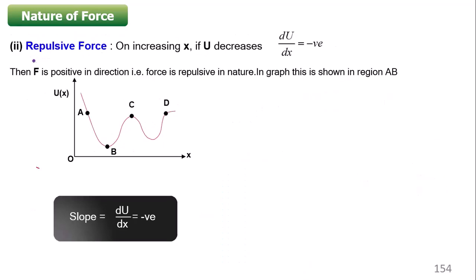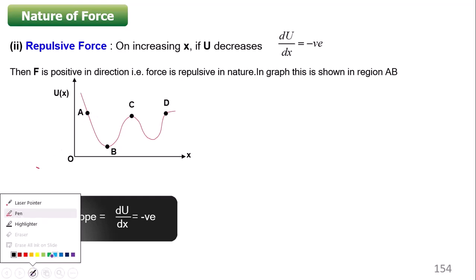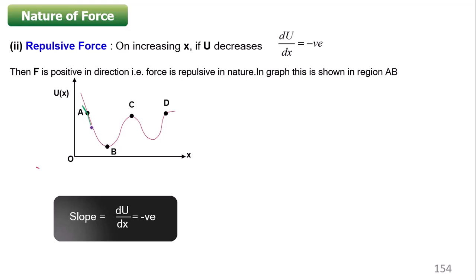Opposite to this is the repulsive force. That means there are certain points on the diagram where the slope is negative. So let us say I am doing the calculation at point A, and the slope at point A is negative. If the slope is negative, then negative of that number becomes positive. So the force is positive at point A, in this direction. If the body is feeling a positive nature of force, then the force is known as repulsive. So throughout the situation from A to B, the particle is feeling a repulsive type of force.